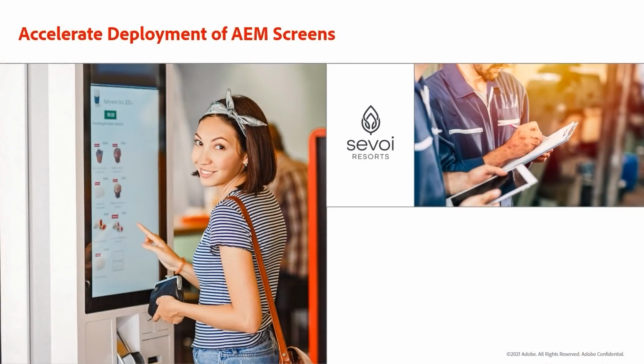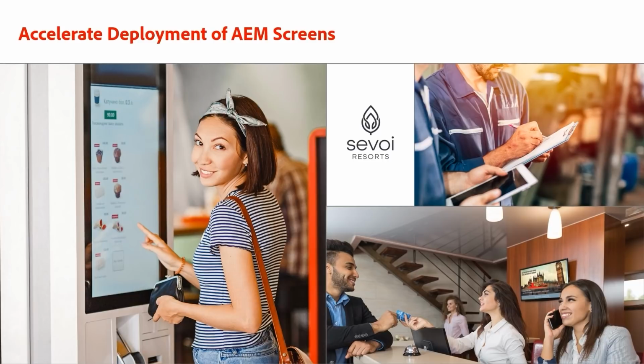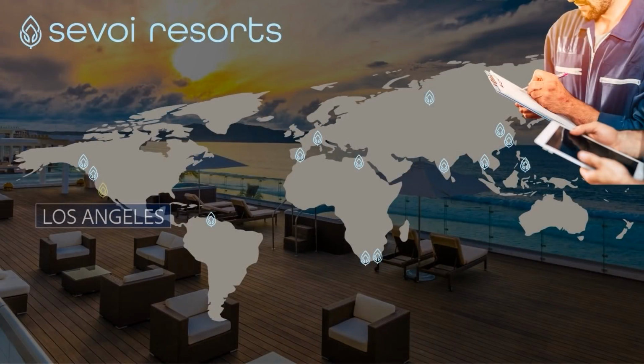This last use case started life much like our getting started demo I did back at the beginning of this session. This user experience extensibility example highlights AEM screens. While AEM can deliver content to a variety of surfaces, delivering content to interactive screens for retailers, airports, and hotel chains requires AEM screens. The AEM screens team is on a journey to accelerate our customers' time to value. We've reduced the time that it takes to deploy new digital screens with AEM screens as a cloud service. Now, with App Builder, I'll show you how we can speed up the process even more. With this demo, we're going to use a fictional hotel brand, Savoy Resorts.